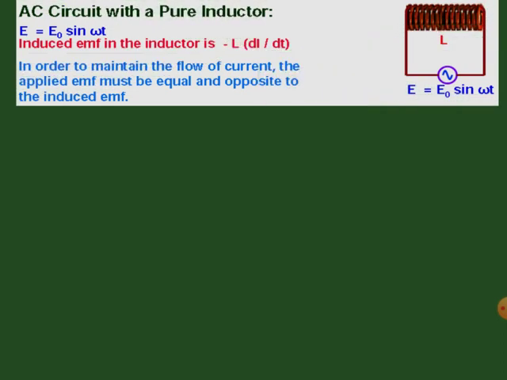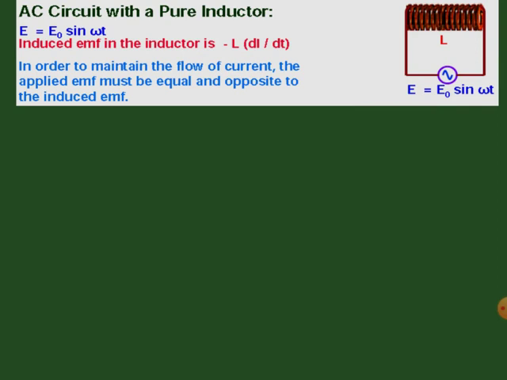This is all about the AC circuit containing a resistor. Now let's move to the AC circuit with a pure inductor. A pure inductor is nothing but a pure solenoid. Now if this solenoid is connected to the source of EMF, as we did in the case of the pure resistor,